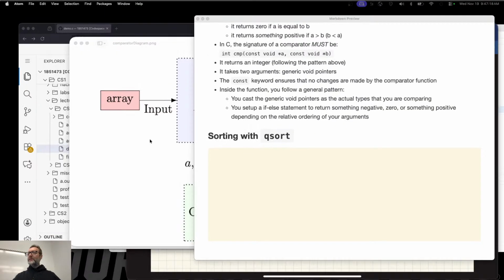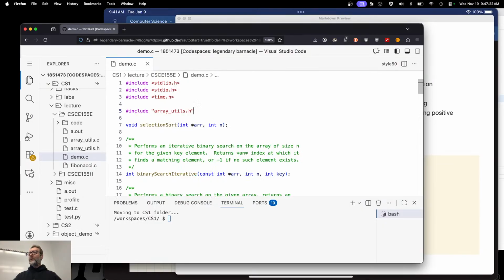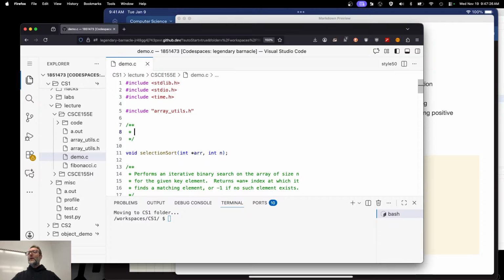Actually, before we do this, let's go ahead and write our comparator function. Let me come up here, and let's write a comparator function for integers. Let's go ahead and document it. A comparator for integers that orders them. Note here, I'm not saying sorts them, because it's not going to sort anything. It only takes two things. It doesn't take an array of things. Qsort does that. This is going to take two integers A and B and order them in ascending order.